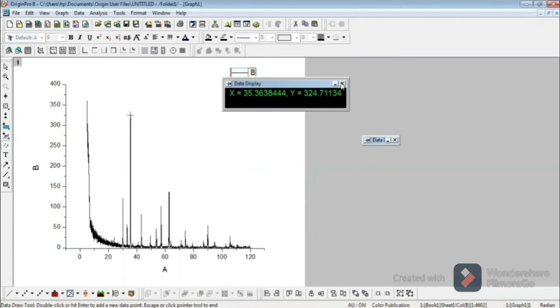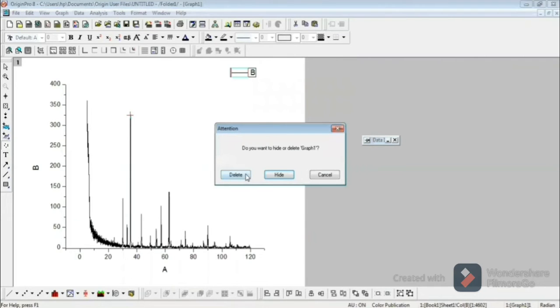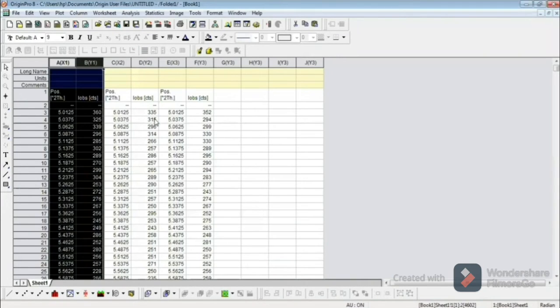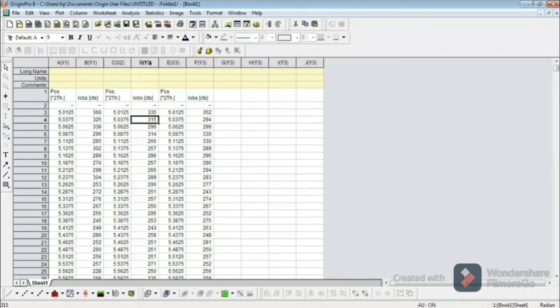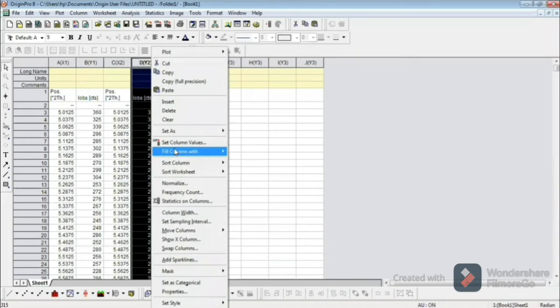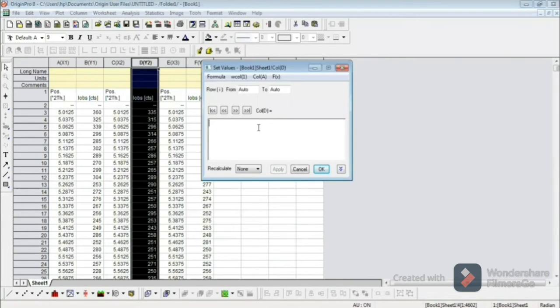Okay, so 324. Just delete this graph because we will add the value to this column. This is y2. Just right click and set column values. In set column values we will add the column. What is the column name? Column D. Okay, we will add the value 324.